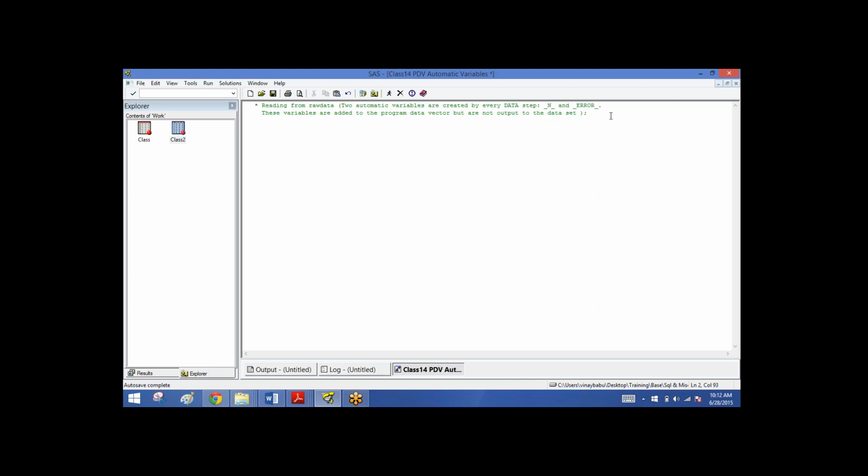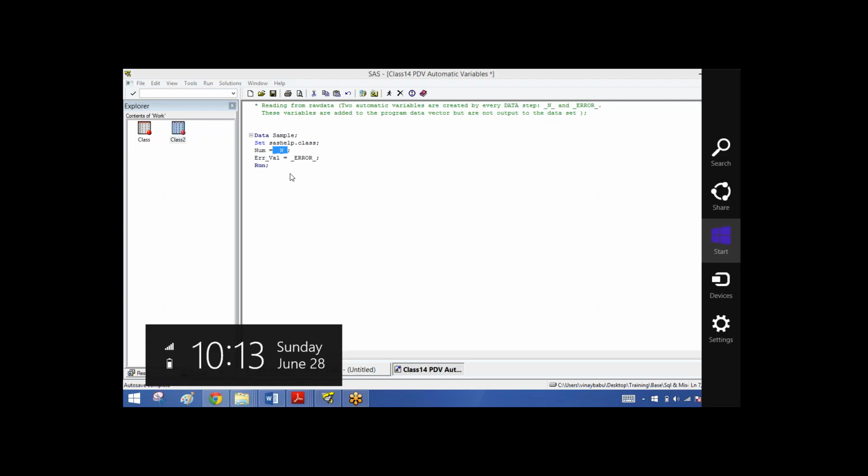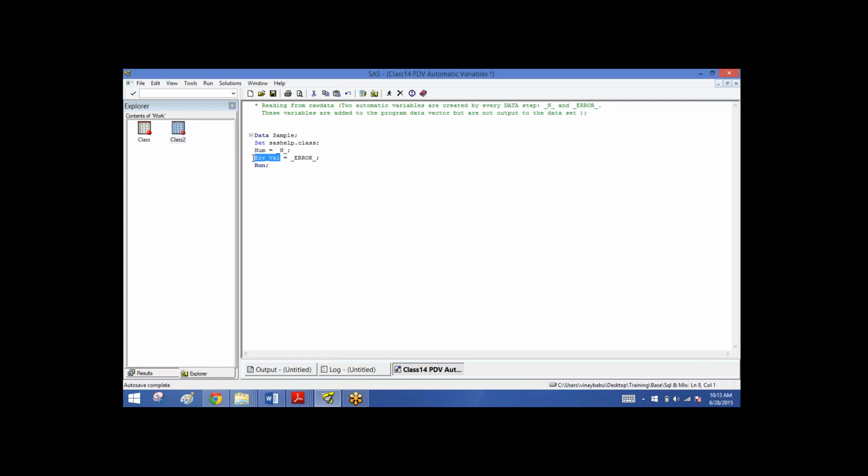Let's take an example and see how it works. These two variables, underscore N underscore and underscore ERROR underscore, are created by default in the background. If you want to see what those automatic variables are and what their values are, I'm creating a new variable called num and printing whatever is in underscore N underscore, and I'm creating another variable called error value to see what is printed in the automatic variable underscore ERROR underscore. So if I run this,